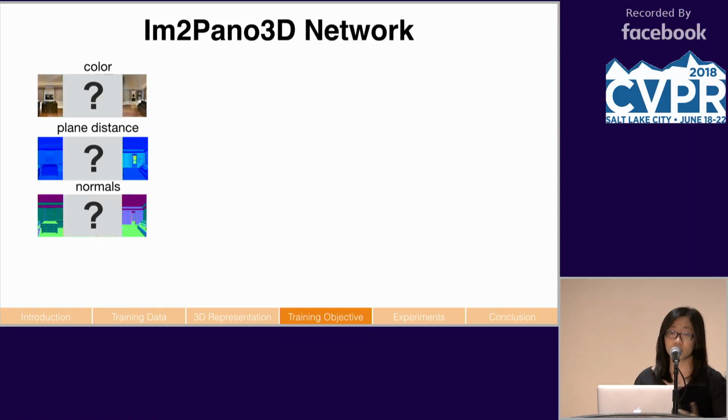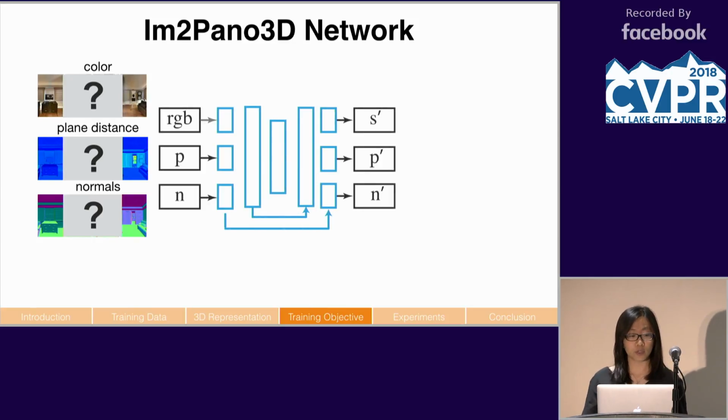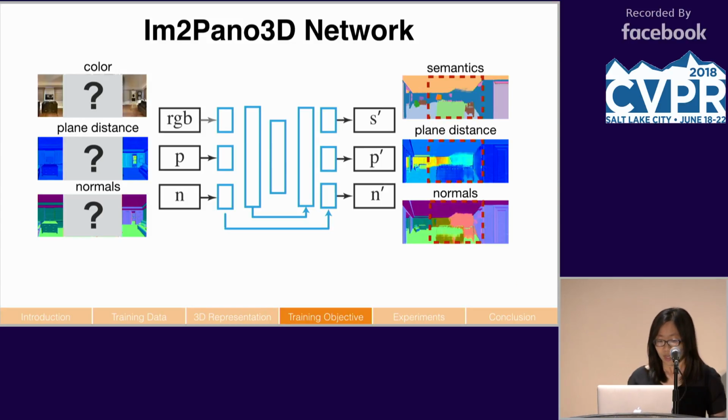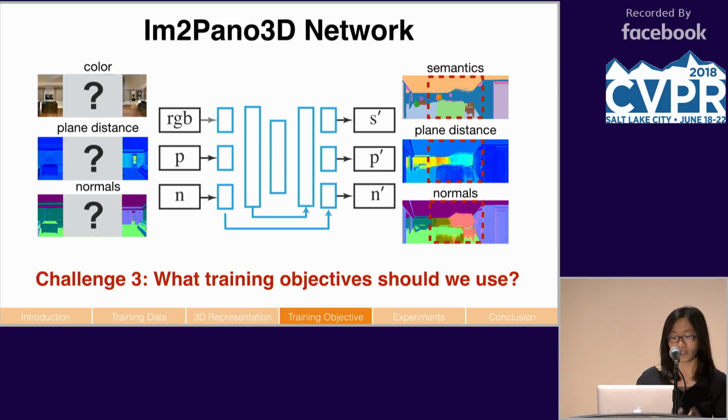And after we encode all the 3D rooms with this multi-channel RGBD panorama, the goal of our network is then to take in the panorama with missing region as input and then produce a complete panorama where the missing regions are filled with semantic and 3D structure information. So the next important question here then is what kind of training objective we should use in order to train